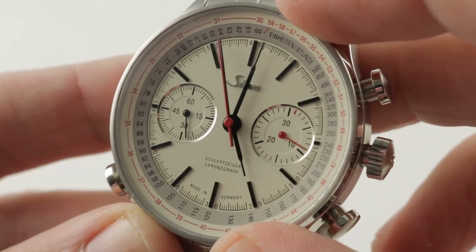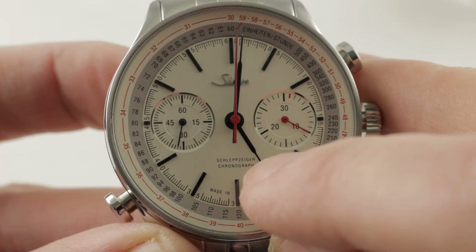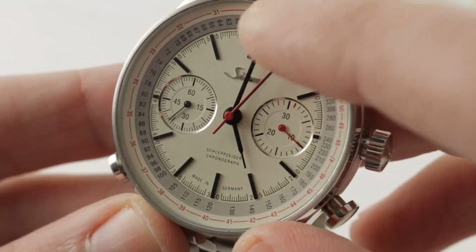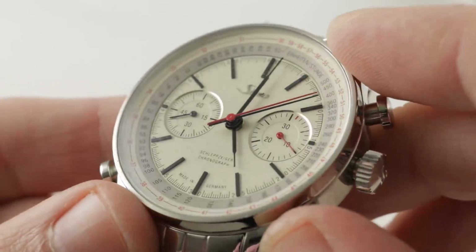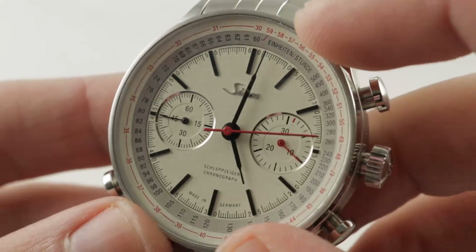So there's more of a range to this tach than what you'll get on the Rolex. You can see it is a split-second chronograph, not rattrapante, but Schleppzeiger, and of course the timepiece featuring that creamy lacquered dial finish also has blackened applied indices. You can see those appliques have a three-dimensional effect, with the slope of the rehaut really giving this dial some